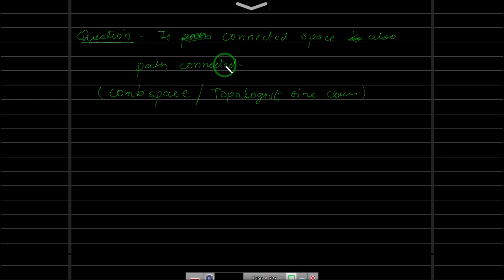So in the next video we will see 1-2 examples. We will make it a short video wherein we will show that R is not homeomorphic to R2, and we will show that closed interval [a,b] is not homeomorphic to closed-open interval [a,b). Using this methodology, you can prove some spaces which are not homeomorphic. So see you in the next video.